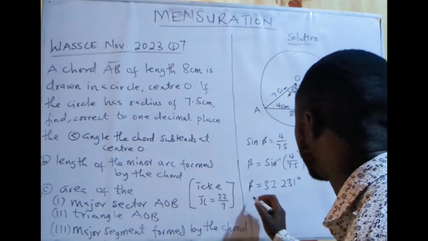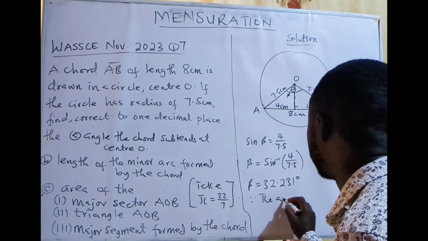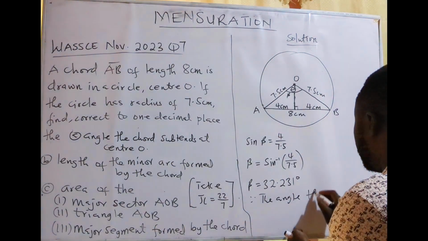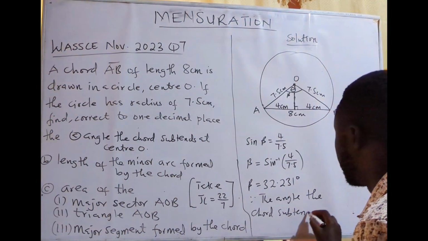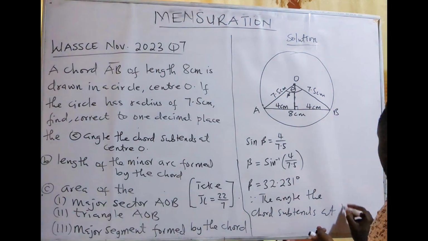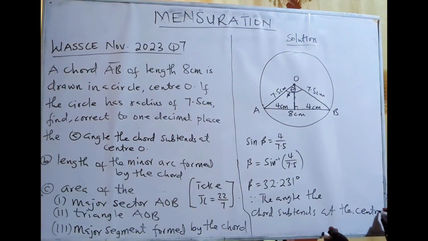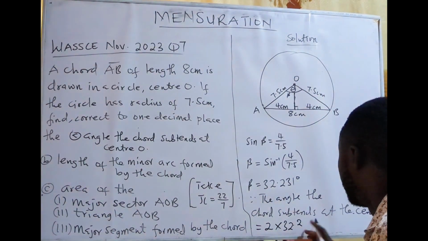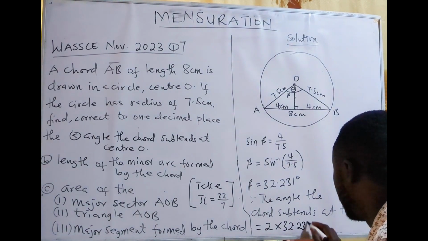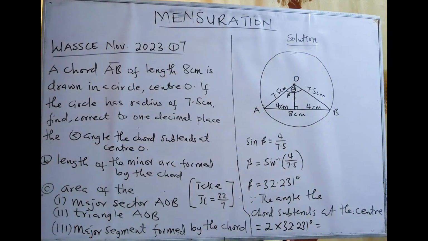Therefore, the angle the chord subtends at the center will be equal to 2 times 32.231 degrees. So let's multiply by 2 and then we get to know our answer. So 2 times 32.231 degrees will give us